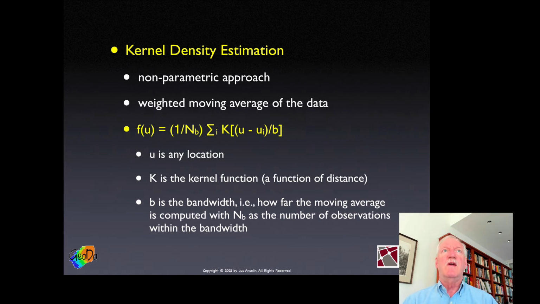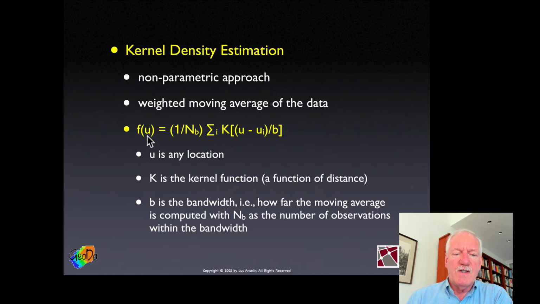How do we get some kind of estimate of the possible varying intensity of the process over space? It's non-parametric. There's no fancy model involved. It's in essence a moving window over the data. And here's the expression. It may look a little formidable, but